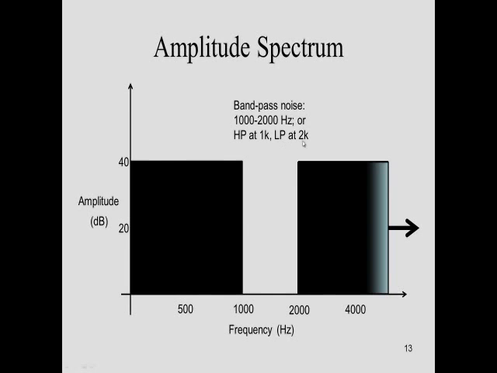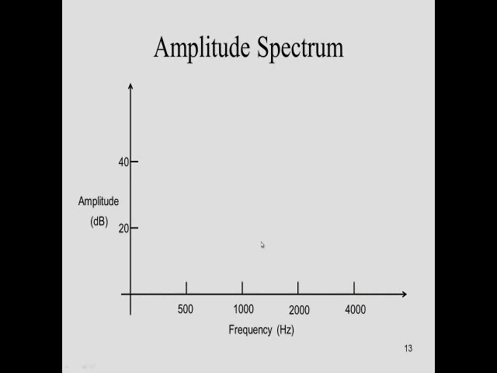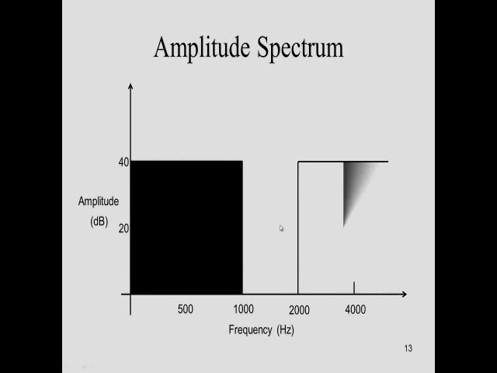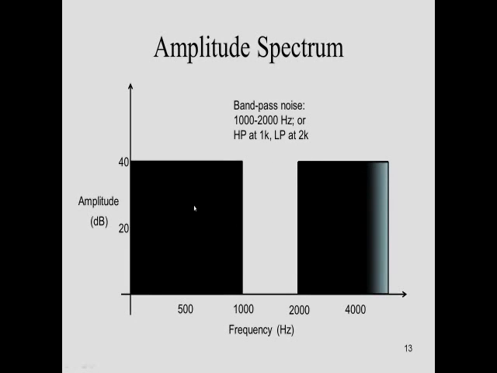And the low pass cutoff is at 2000 hertz. That means 2000 hertz is the lowest frequency for that band, and that part of the filter is passing everything higher than that. So whereas here we had just the area in between the cutoffs passing, now we've got everything outside that region passing.